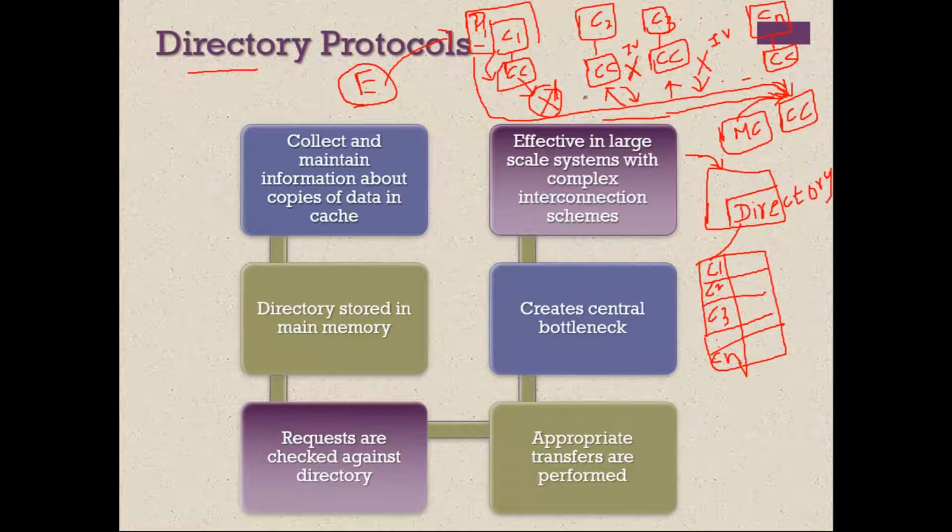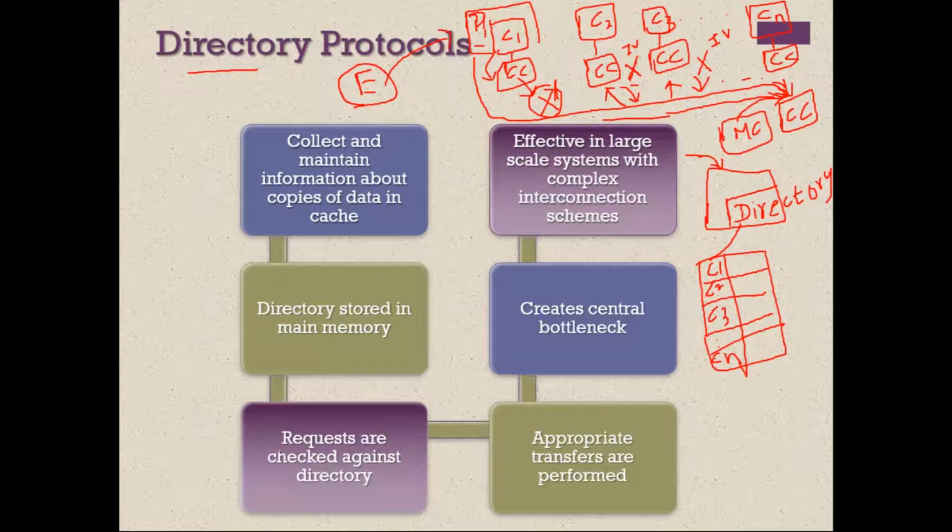When any processor requests exclusive access, the centralized controller will send a message to all the other processors stating that somebody has asked for exclusive access to one particular cache line, so that cache line should be invalidated. All the processors having that data will invalidate it, and after invalidating, they will acknowledge back to the centralized controller. Once the controller receives the acknowledgement, it will give exclusive access to P1 so that P1 can update x to x dash.